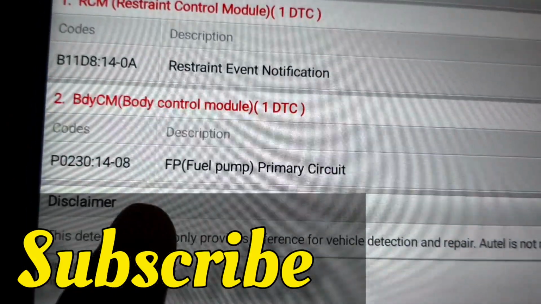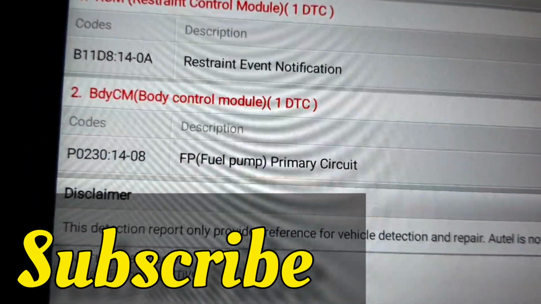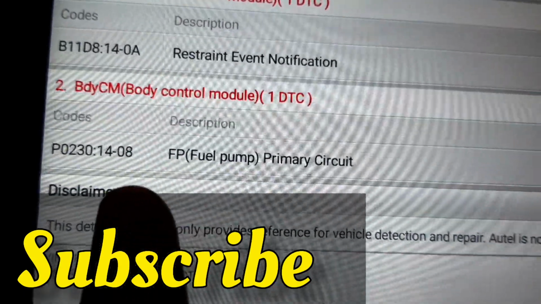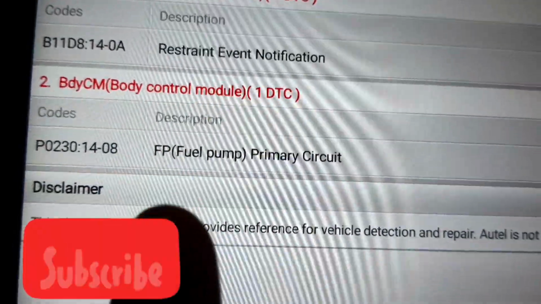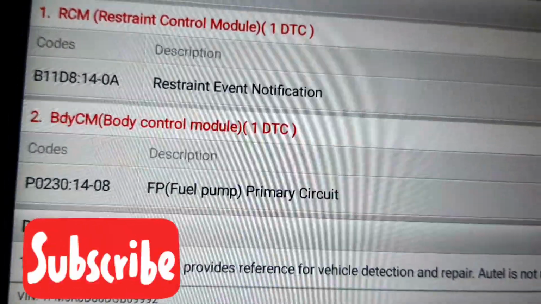Fault code in the body control module: P0230. Today I will show you why this P0230 fault code came and how you can solve this problem. Okay,